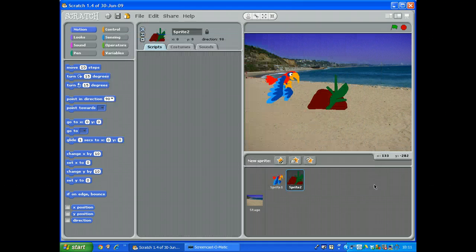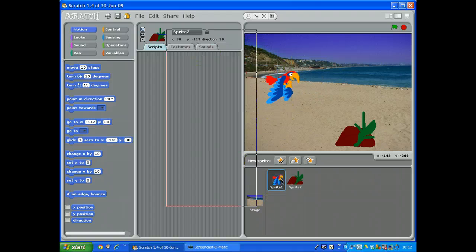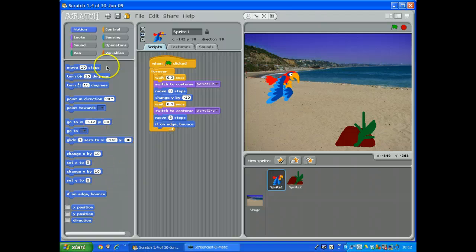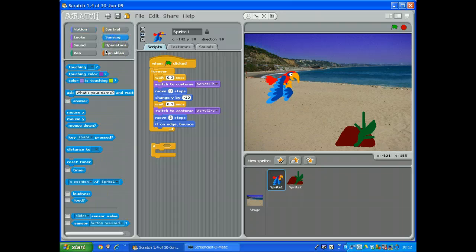Okay, so I'll just move the rock over here. So when the bird comes down, it lands on the rock. I want it to glide back up to its starting point. So click on the script, and down here we're going to add an if. So if, and what we want it to do is, go to sensing, if it touches the colour,